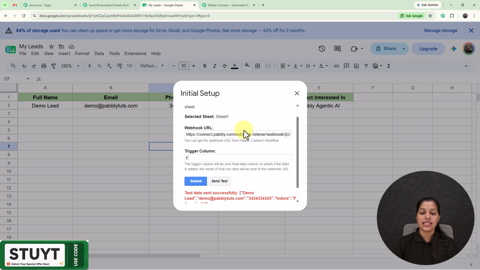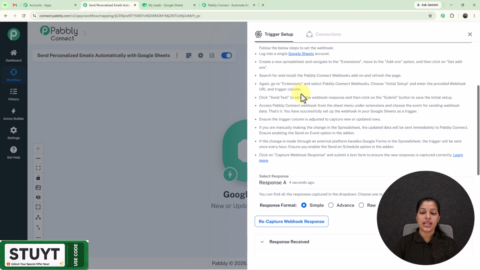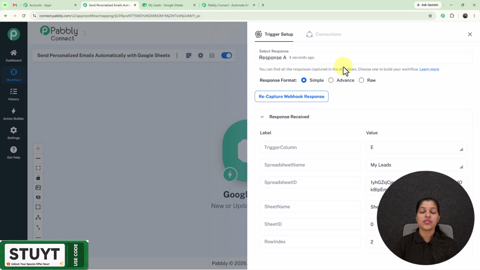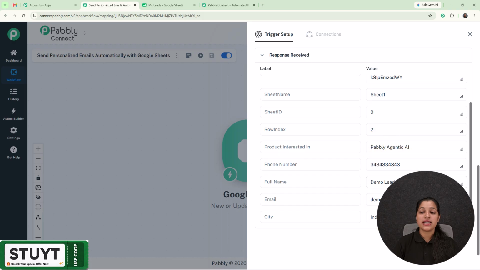And here you can see that my test data has been sent successfully. So now let's move on towards the Pabbly Connect to check for the test data. So right here, I'm on my Pabbly Connect where you can see 4 seconds ago we have received this response, that is response A, and this response consists of all the fields which we have just filled over our Pabbly